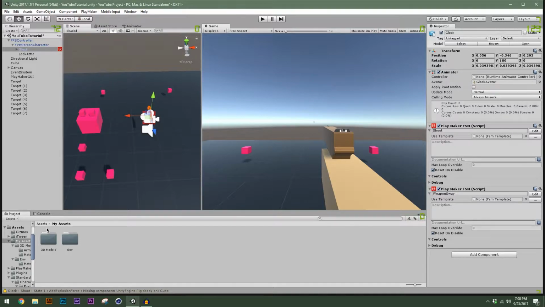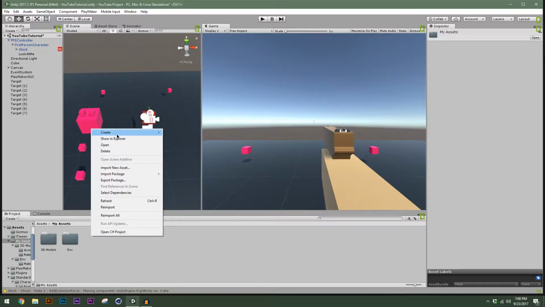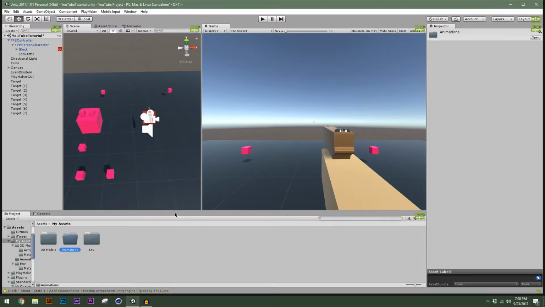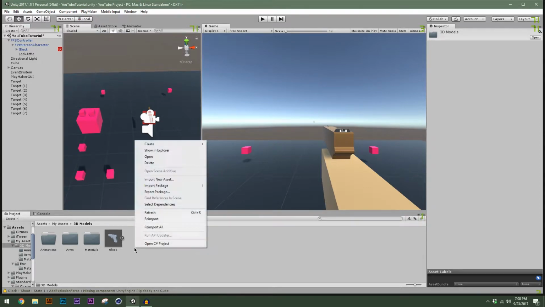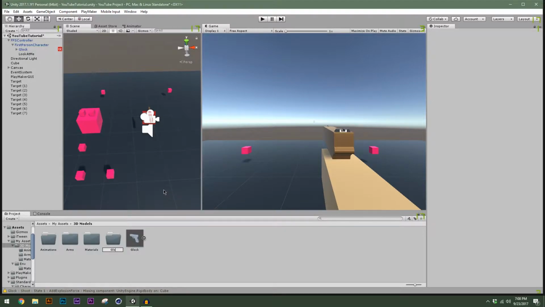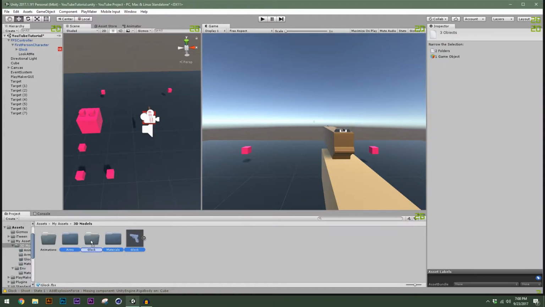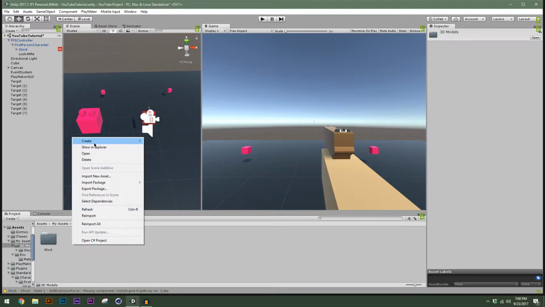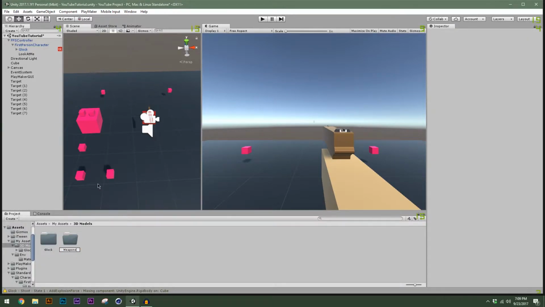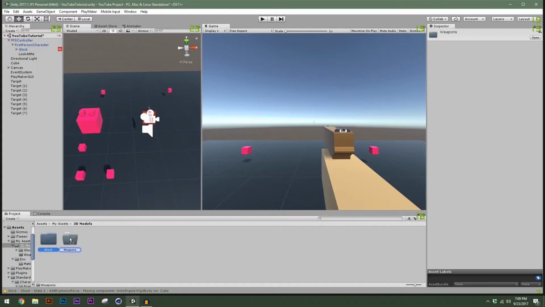Alright, to make our aim down sights, we are going to make some animations. So let's go to My Assets, create a new folder, and we'll call that Animations. And we'll actually put this Animations folder in with our 3D models, and it looks like we need to make a folder for our Glock, so we can put everything that corresponds with the Glock inside here, and we can actually make in our 3D models a weapons folder, because we're going to make other things besides just weapons for 3D models. So we have our weapons and we have our Glock, and in the Glock we have animations,